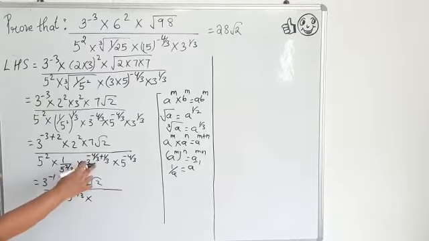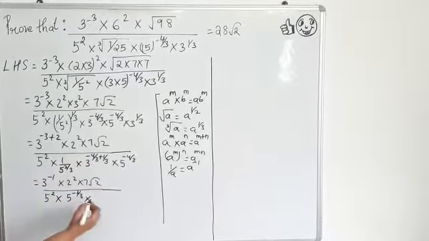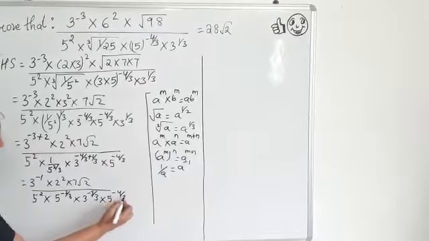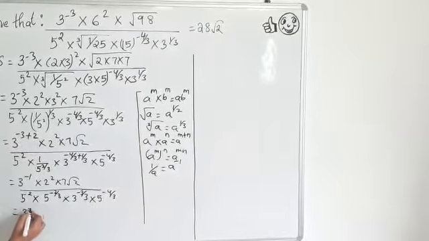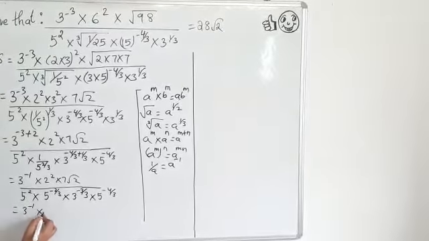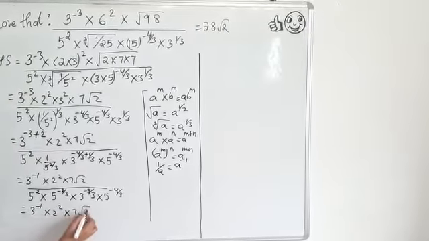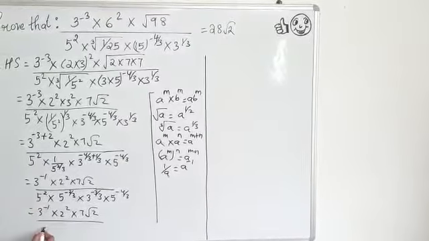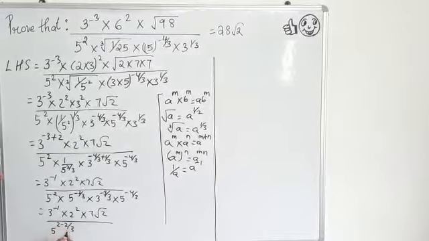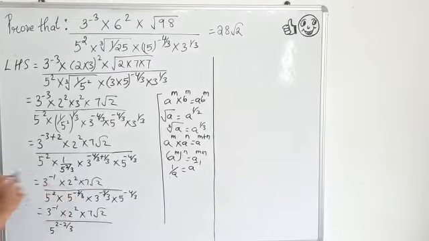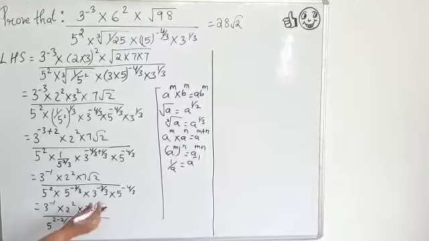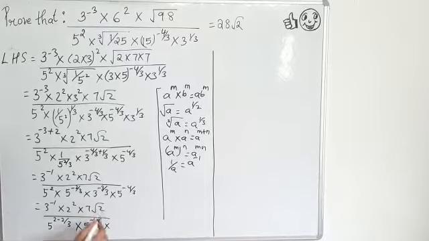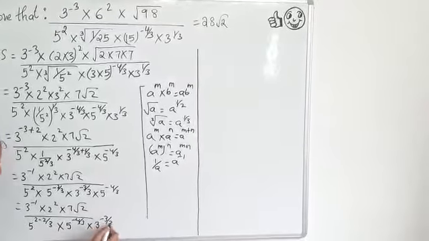If I solve this, minus 4 by 3 plus 1 by 3, this will become 3 power minus 3 by 3 multiply by 5 power minus 4 by 3. Then again we have to write the same 3 raised to the power minus 1, 2 square into 7 root 2 divided by the same base 5 and 5. So this will become 5 power 2 minus 2 by 3, because the sign is minus, plus minus will become minus. Then we have 5 again, we have to write here 5 power minus 4 by 3. Then we have to write 3 power minus 3 by 3.